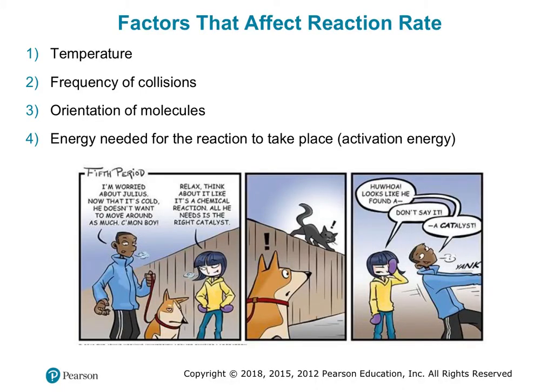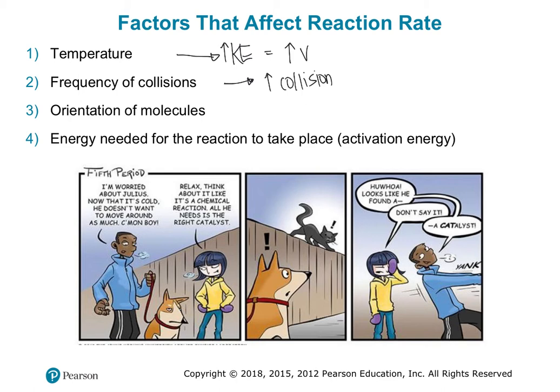As we saw in our simulation, there are a variety of factors that can impact the reaction rate. So we know that by increasing our temperature, our molecules move faster. Our kinetic energy goes up. What that means for our reactions is that, since the molecules are moving faster, they're going to run into each other more, so we increase our number of collisions, which will help us